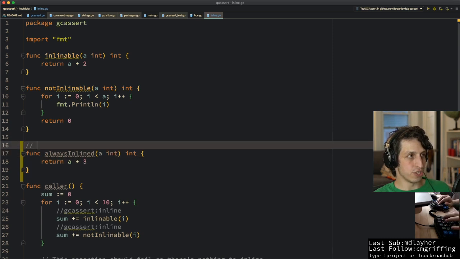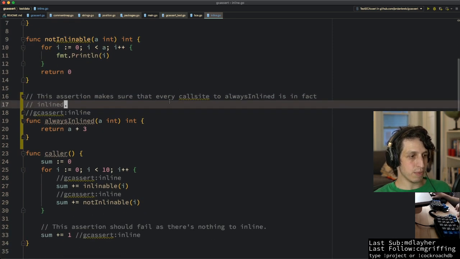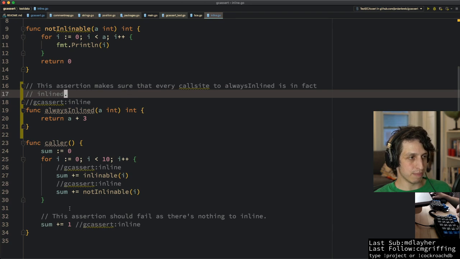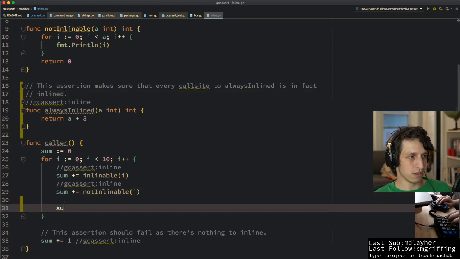And this is going to have a gcassert inline annotation on it, which says that this assertion makes sure that every call site to always inlined is in fact inlined. And I guess what we really want to do in our test is make several calls to always inlined like this, but then we probably want to induce a case in which always inlined is not inlined,